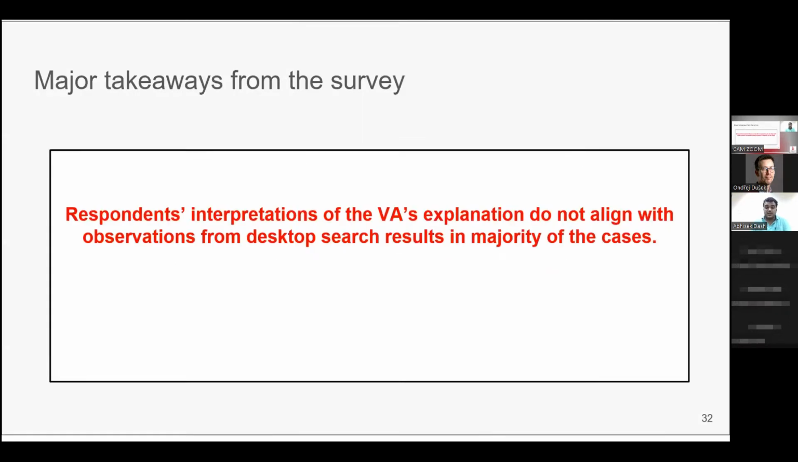Thus, the interpretation of respondents and the observations on the traditional medium do not align with each other in a significant majority of the cases. Even more worryingly, these observations are not based on a solitary snapshot. Rather, they consistently appear on the different search snapshots that we collected. Now, further,